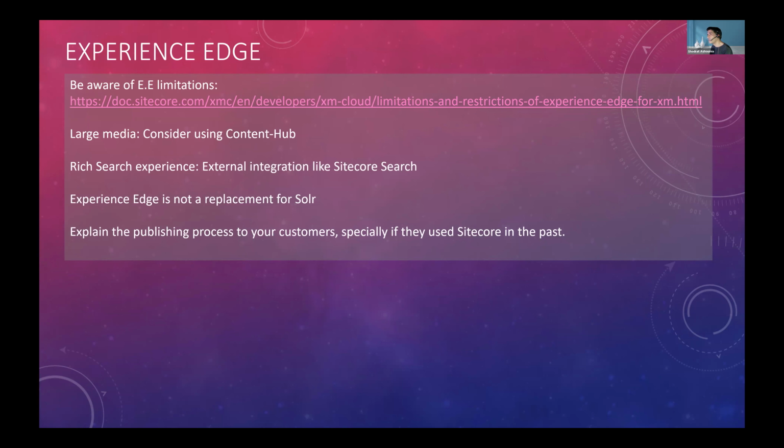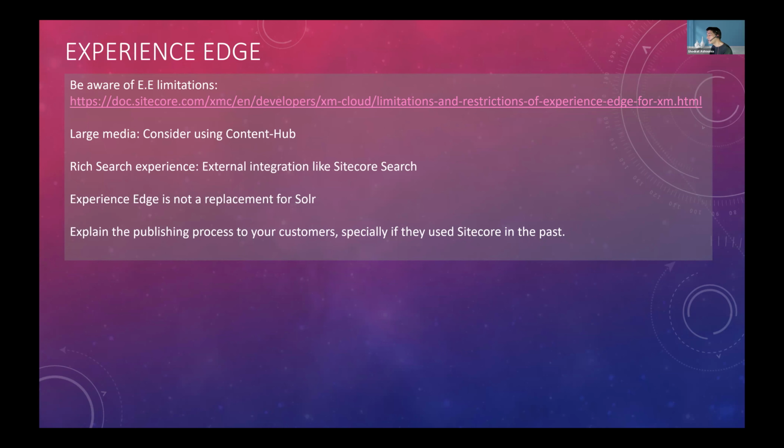The way we did it was we created some hidden pages which were excluded from Google search and other search indexes, and we just crawled these pages periodically. On these pages, we added the PDFs or videos from Content Hub, and using the web crawlers from Sitecore Search, we crawled these pages and wrote these assets into Sitecore Search, so later we could find them.